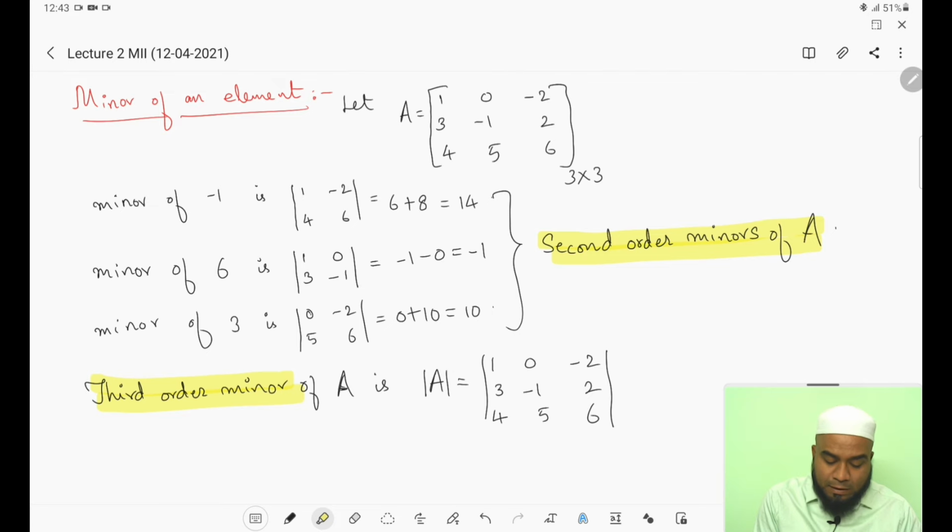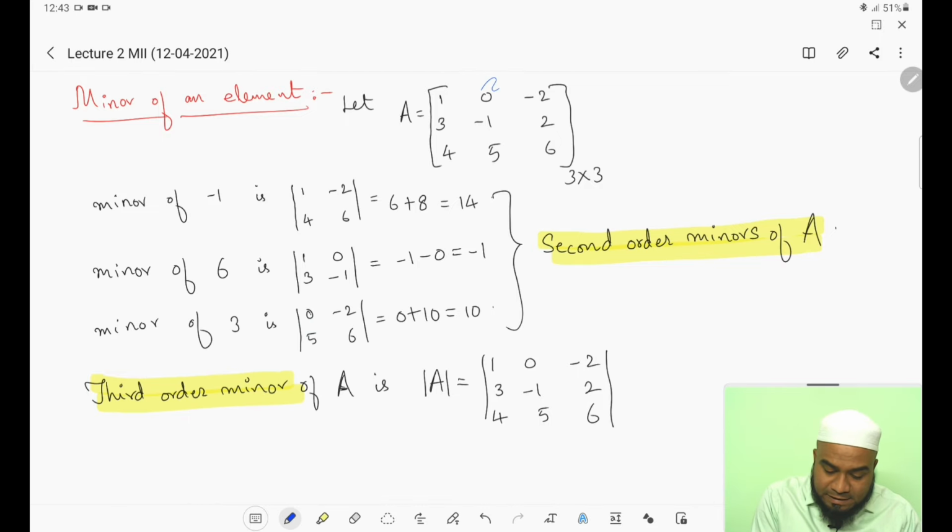So why I am discussing this, you will come to understand when we are going to define the meaning of rank of a matrix by using minors. So third order minor of any 3 by 3 matrix is the determinant itself. You have to remember this. The third order minor for any given 3 by 3 matrix will be the determinant itself. And the second order minors are, we have to select the entries in a proper order. Like if I want to select, I can select